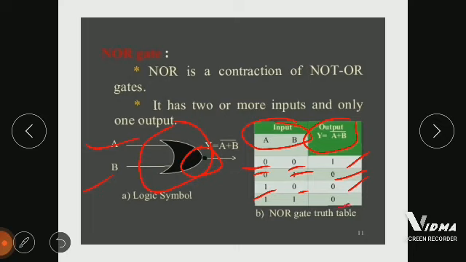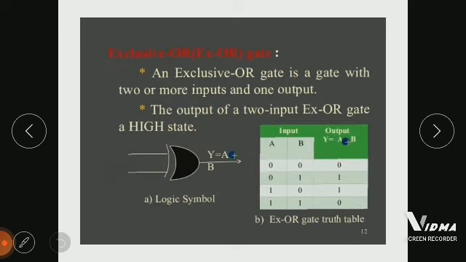And the last one, the exclusive OR gate. An exclusive OR gate is just a combination of the OR gate with an exclusion function. If we give the inputs A and B, then the output will be y is equal to A XOR B. The only difference between the OR gate and this XOR gate is that if both inputs are high, then the output will be low. We can see this from the table.